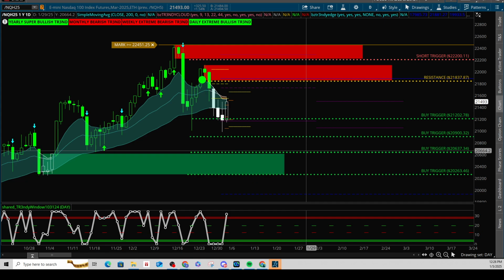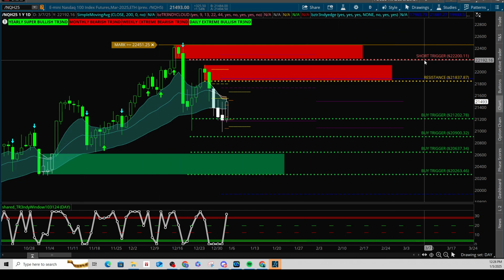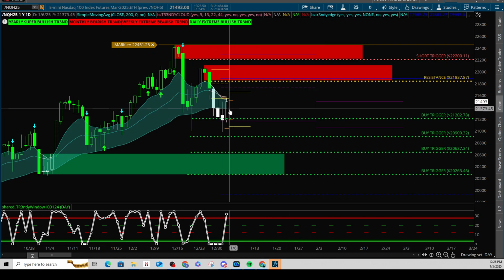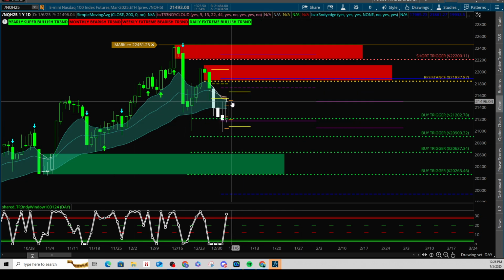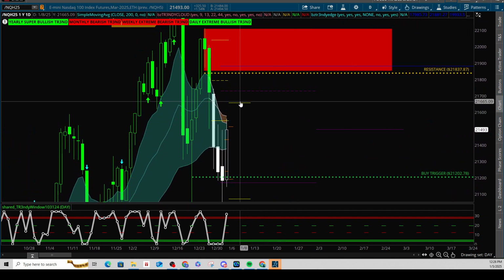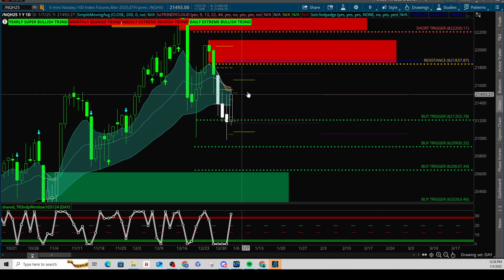As far as other notes here on the daily, we created an inside and down here and an inside and down here. Both of these are supply zones. I have my first resistance level at the first supply zone and then my short trigger at this supply zone. Again, I don't go short or go long just because I have a line there. We go to smaller time frames and we look for the things that I teach you in the room to get long or short. Notice that we are inside the cloud. Typically, when we're inside the cloud, it is resistance until proven otherwise. Also notice between the supply zones, we still have some trendy edges. These levels will also serve as resistance points or take profit points from a long entry.